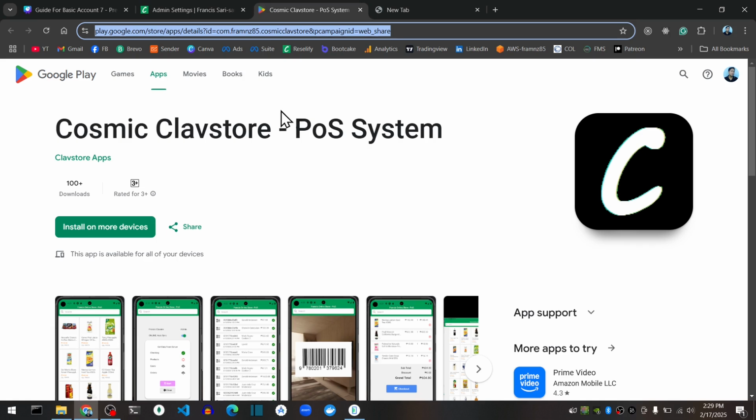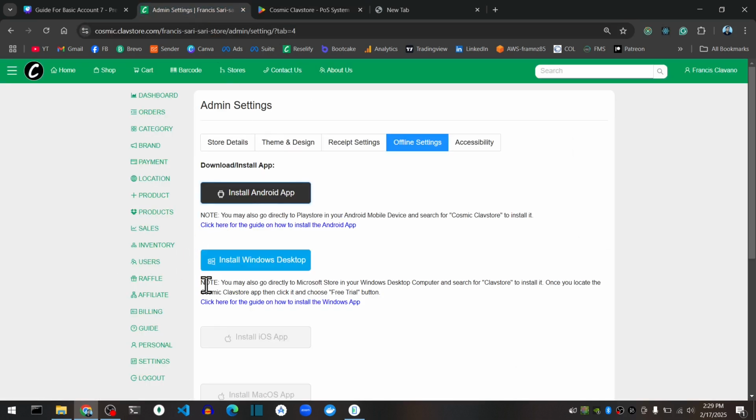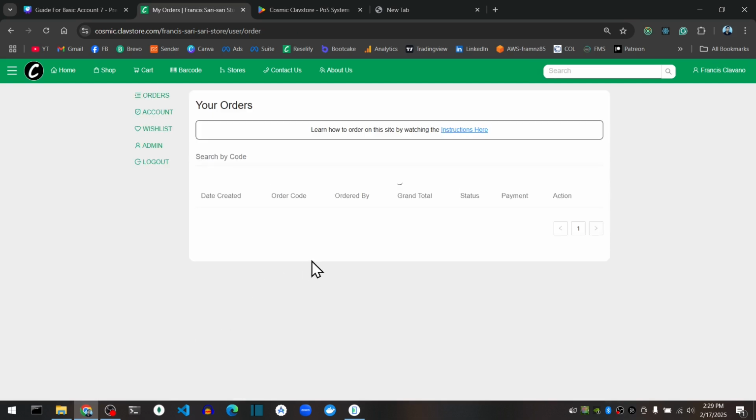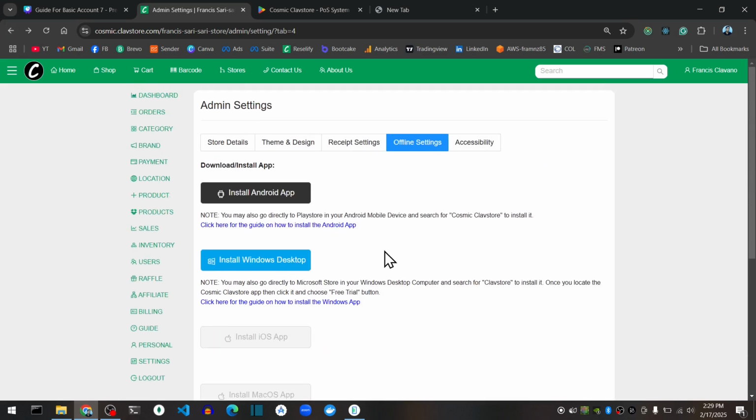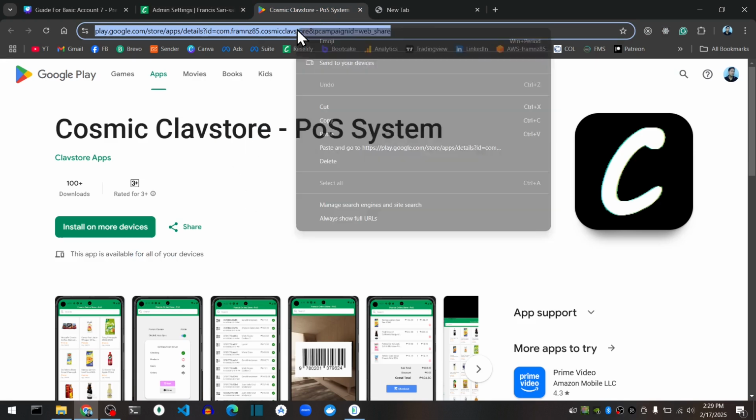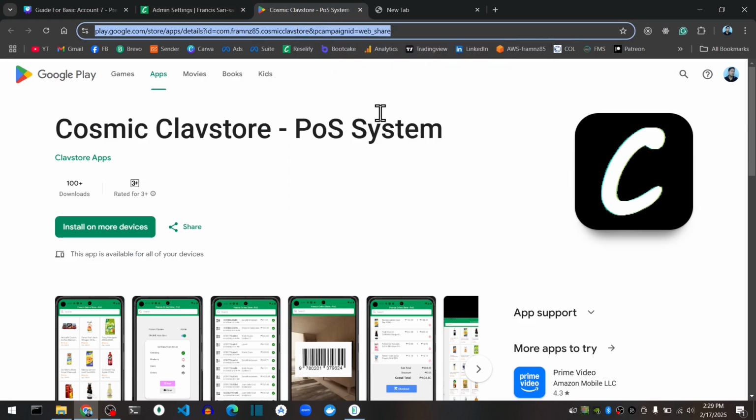Although we're going to add this download app in the buyer's account later on, for this time, to give it to your customer, click this Install Android app and it's going to open like this, and then copy the link here so that the customer can install the app on their mobile device.